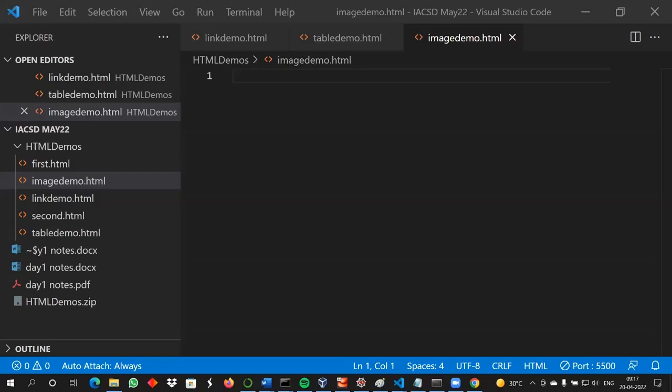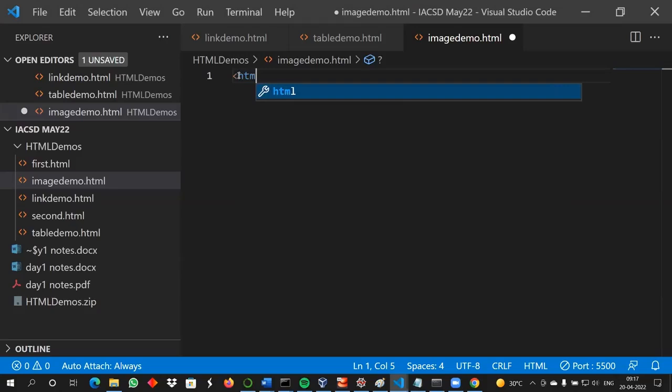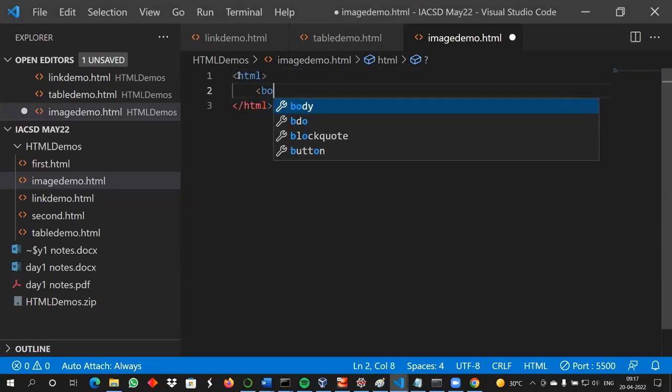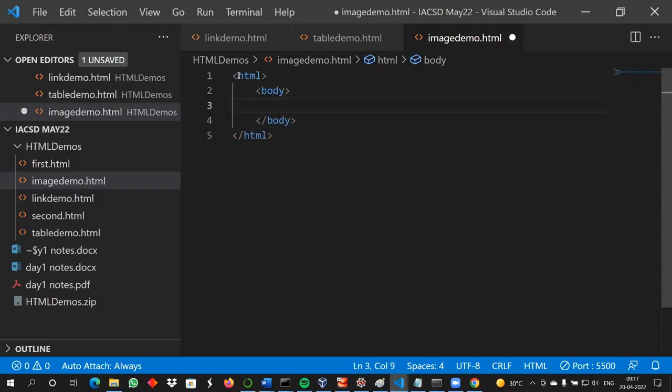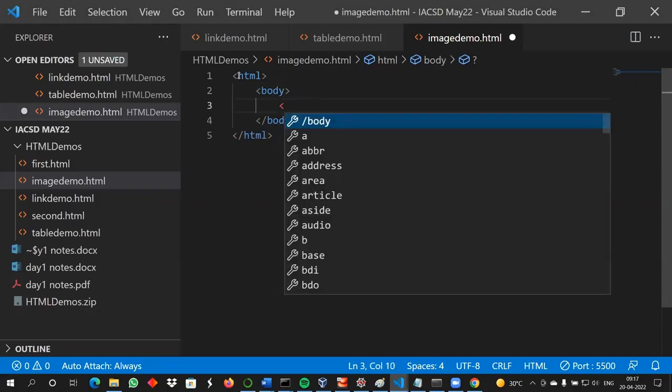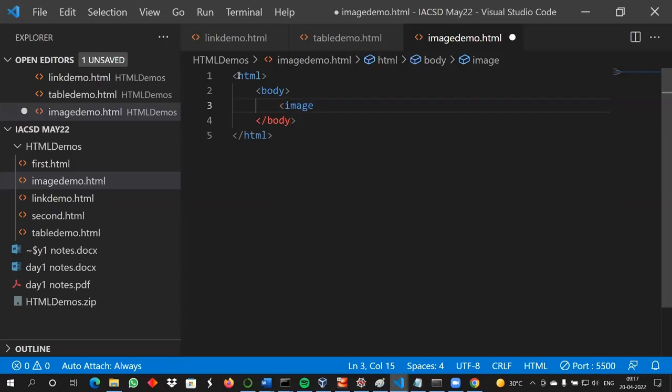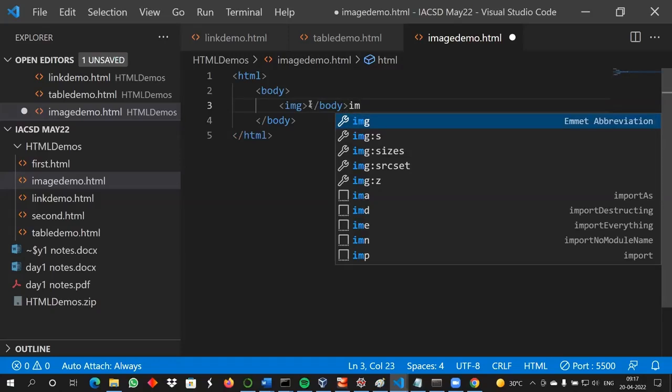So in the image tag, now again for showing the HTML here, what we are writing is HTML. And writing head is not compulsory. So I'm writing only the body tag over here. And if I'm writing the img tag, now, as I said, whenever you want to show the image, that image should be accessible